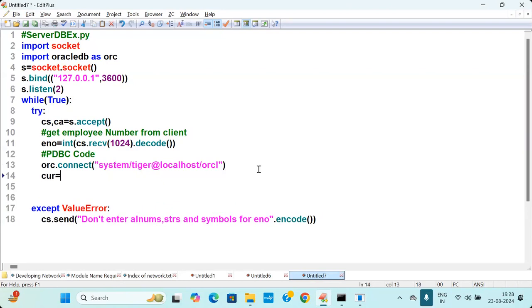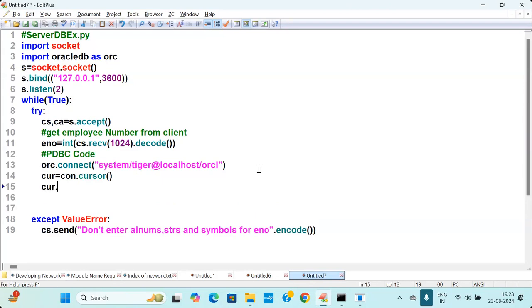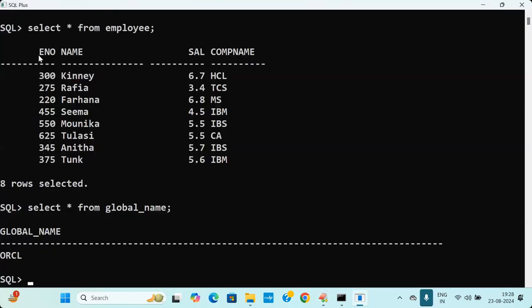Next, CUR is equal to CON dot cursor of. CUR dot execute of select star from employee where ENO is equal to